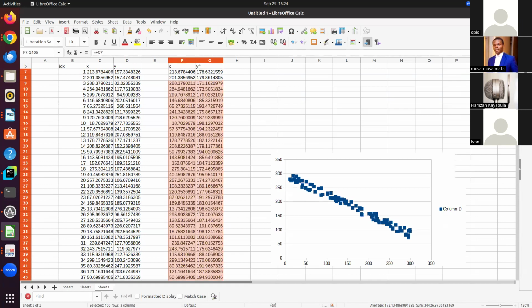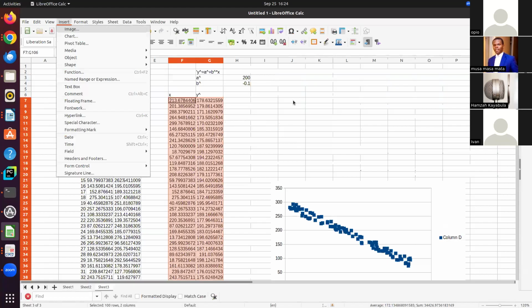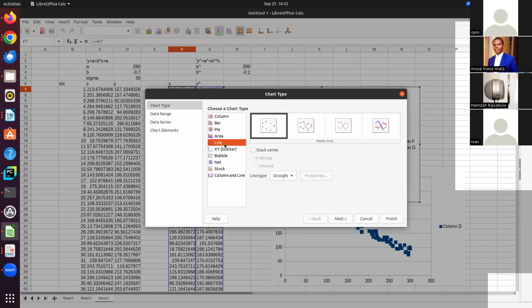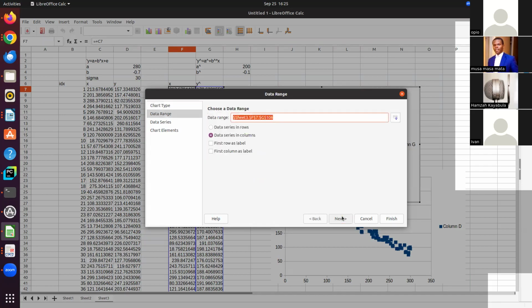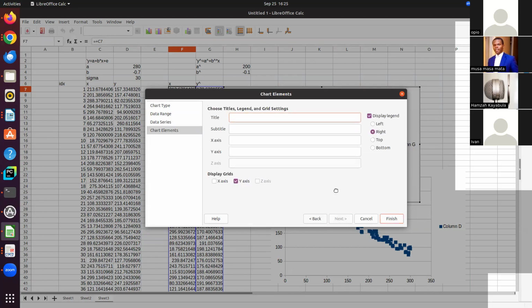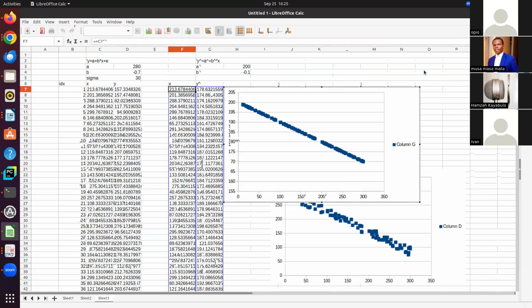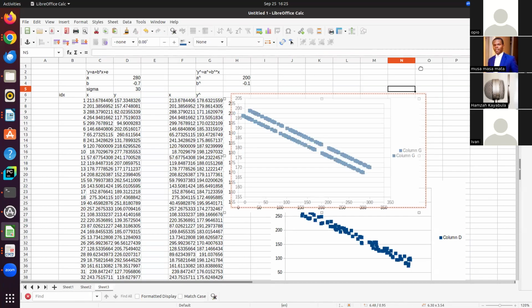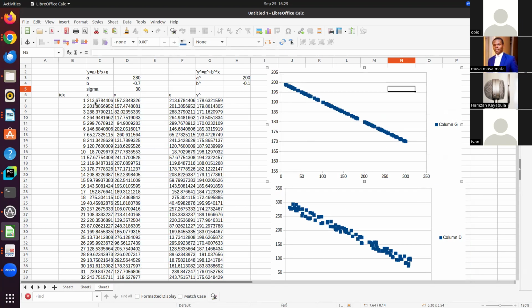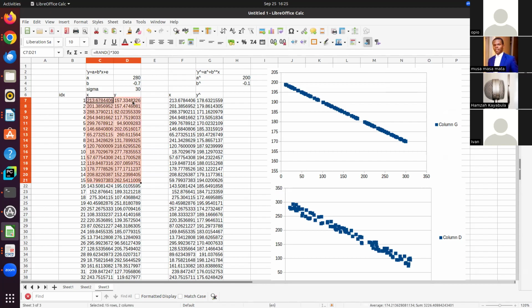And we do insert a chart, and we get that one. We made a straight line. You want a line now. It will take that line, you will see it. I'll make it scattered because they are already scattered, but it will be almost exactly on a straight line. Finish, and here we go. Okay, so you can tell that this one is the dots we generated here, and we added some random to